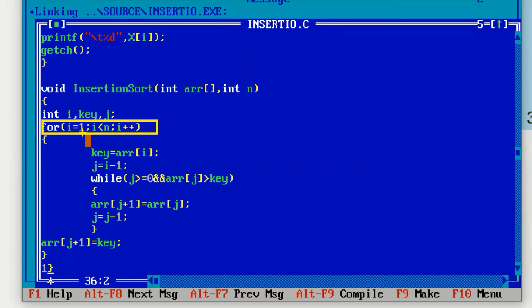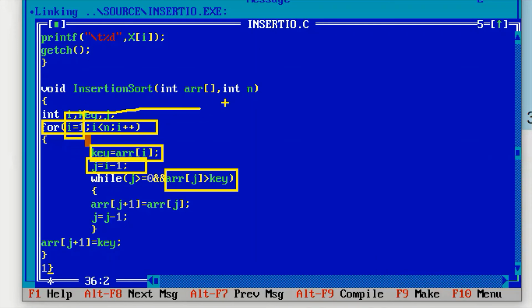That second element will be placed in the key variable, and that will be compared with the 0th element. Key will be compared with the 0th element. This j is what? j is i minus 1. What is i initially here? i is 1. So 1 minus 1 means 0. So the 0th element is compared with the key.